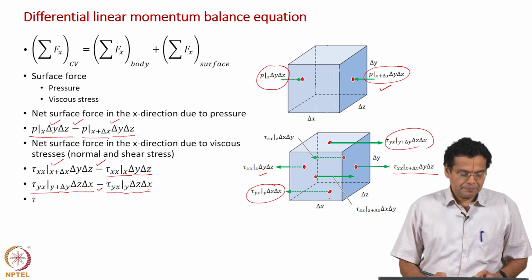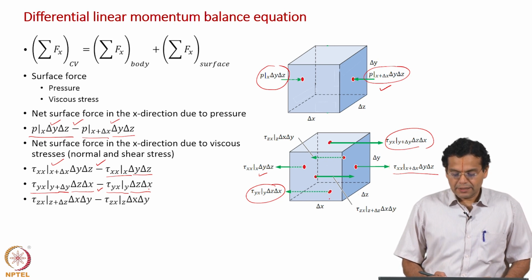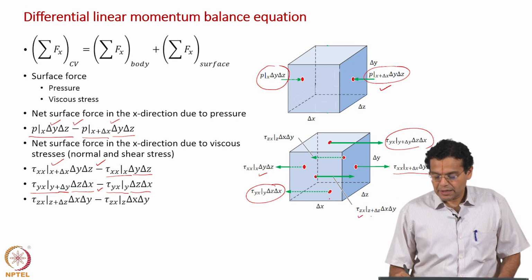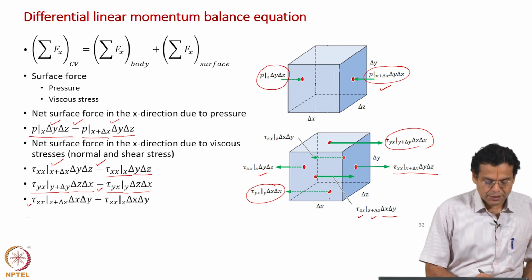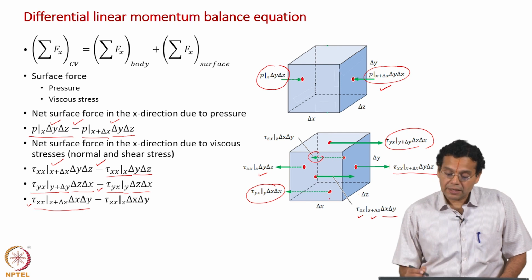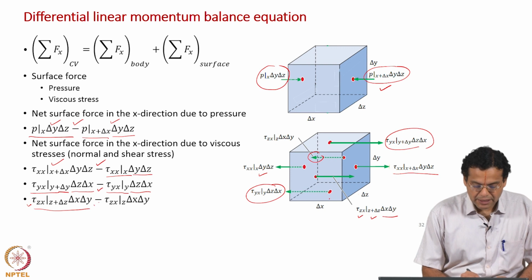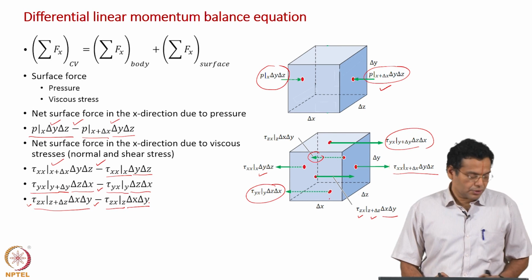And similarly for the other shear stress acting on the z face. Okay. So, if you take the front face, we have tau zx evaluate z plus delta z multiplied by delta x delta y, force is along the positive x axis, that is why this is positive here, and then on the rear face we have tau zx evaluated z and it is acting along the negative x axis, that is why negative sign here and multiplied by the area delta x delta y. Okay. What you should note clearly here is